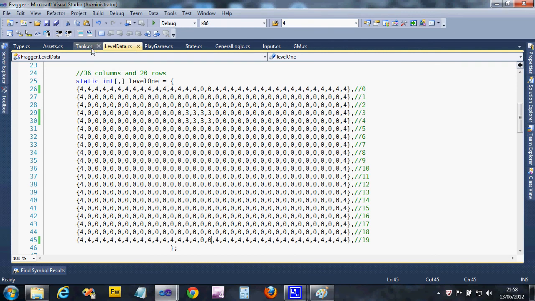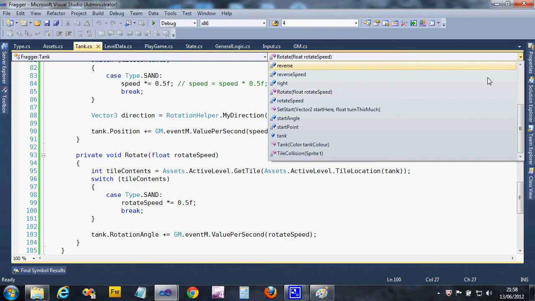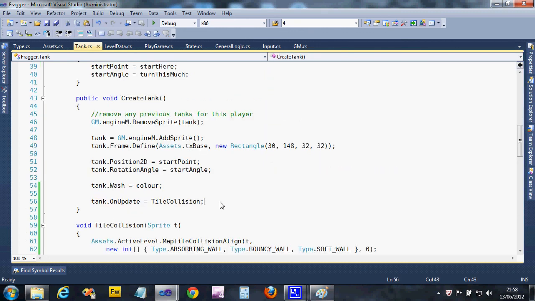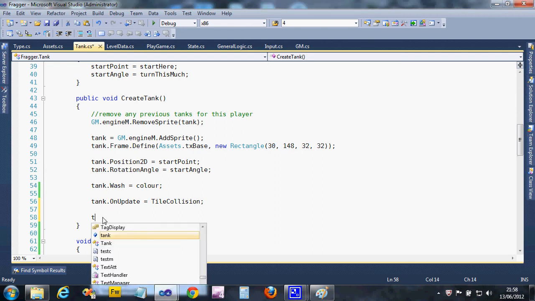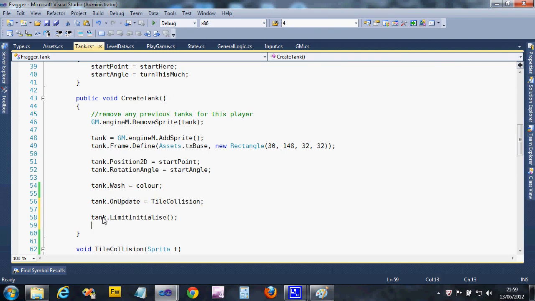So if we go back to tank, and we're going to go back to create tank. So let's look for create tank in this little drop down. And when we create the sprite, the engine can do all this work for us. You could do it all yourself manually if you wanted, if you were that way inclined. But what we're going to do is use the limit box system. So we're going to say tank.limit initialize. We're going to activate it first, because by default it's turned off. And then we're going to say